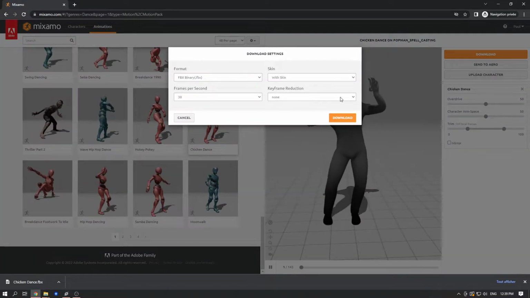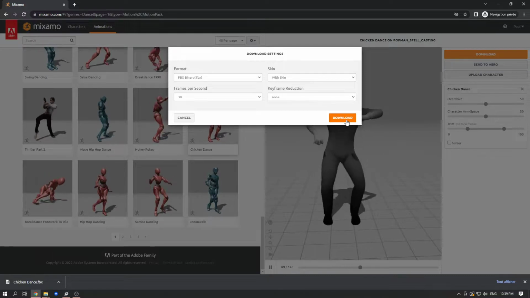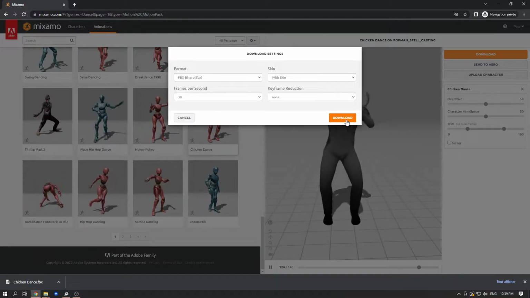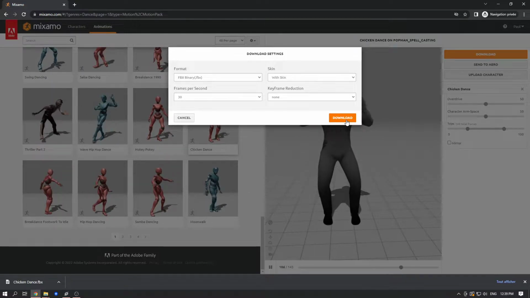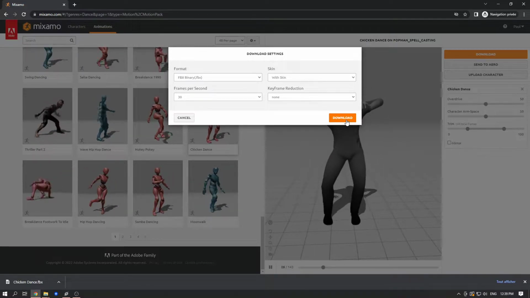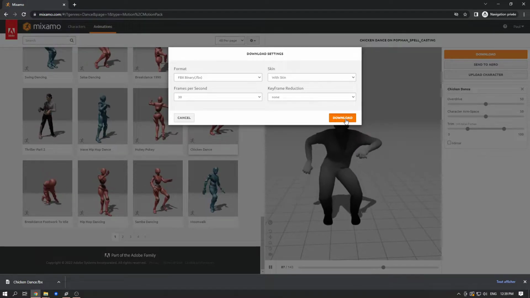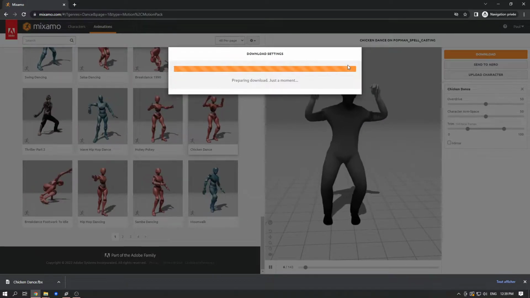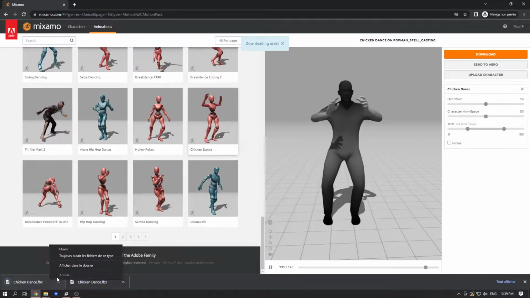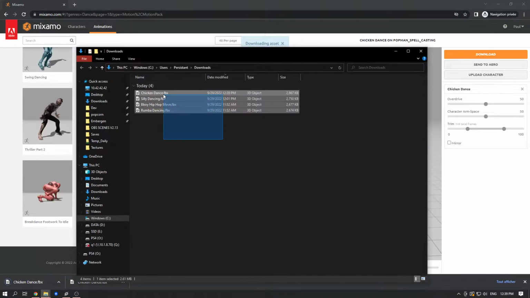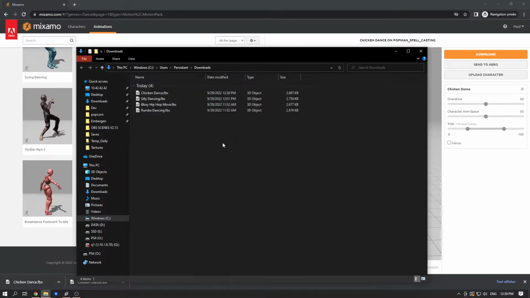Nothing to change here. So of course I'm using Mixamo because I'm not a 3D artist and I have no idea how to create animations. So Mixamo is very useful when you don't want to do anything basically. So yeah, just download the FBX, no changes in the settings, and yeah, have it here. So I get my 4 FBX files here,